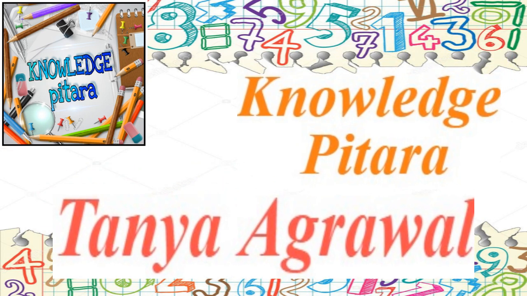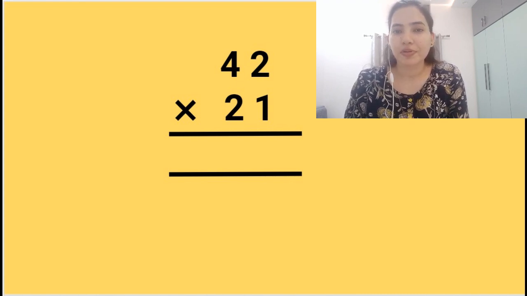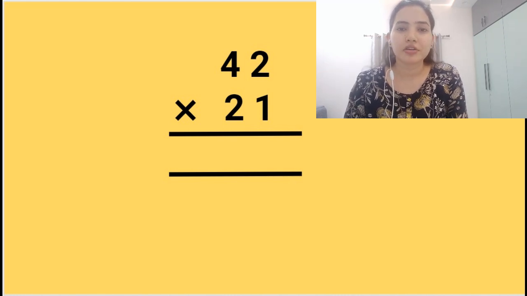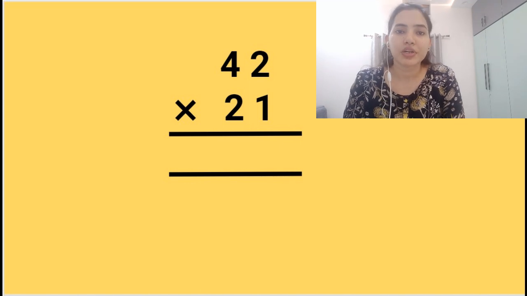So let's begin by knowing what is Vedic maths and how to use it in our daily life calculations. If I take an example like what is 42 multiplied by 21, what you'll do in general is take out your pen and notebook and start calculating it using the traditional method of multiplication. But in Vedic maths, this can be solved within 2 to 4 seconds. So let's see what is 42 multiplied by 21.